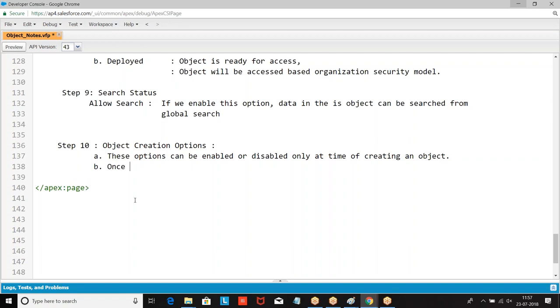Once the object is created, we cannot enable or disable the options. What are the options we have?